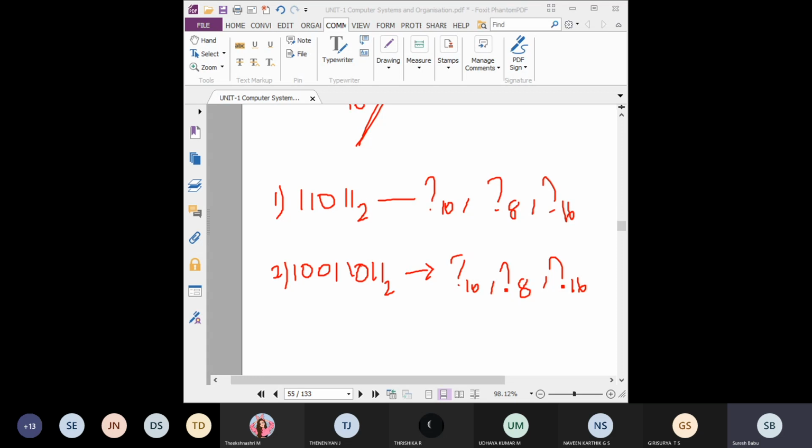Kindly do this homework and submit it to me. You can start the homework now itself. I give you time. You can start now, both decimal to other number systems and binary to other number systems. Totally 4 homeworks given. Do all the conversions and submit the answers to me. Tomorrow we will see the next two types. Students, understood everyone? Yes, sir. Very good.